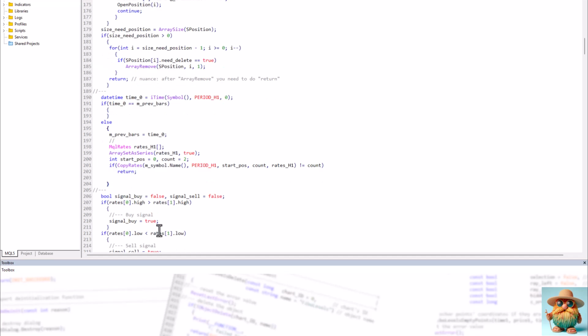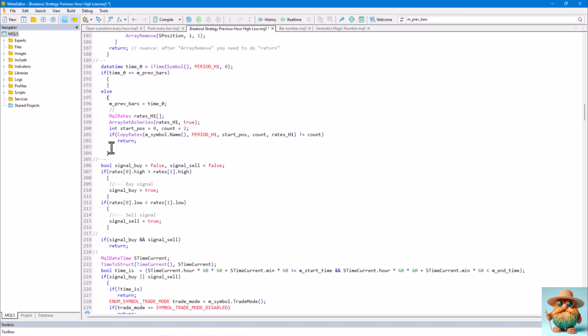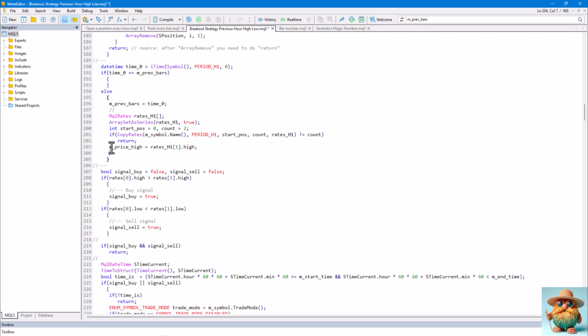We're here, which means we've caught the moment a new bar is born on the H1 time frame. Immediately overwrite the value of the variable mPriceHigh. The high price value is taken from bar 1 on the H1 time frame. Also, change the value for the variable mPriceLow. The low price value is taken from bar 1 on the H1 timeframe.